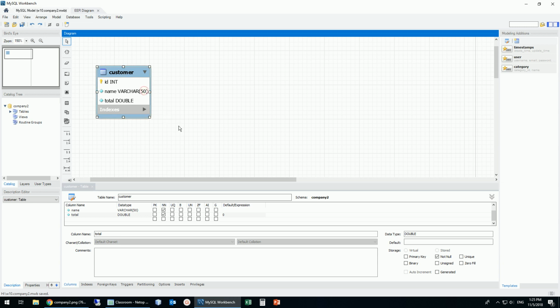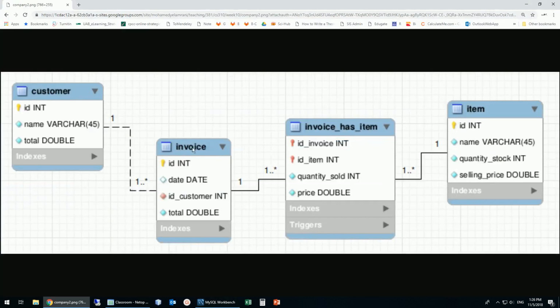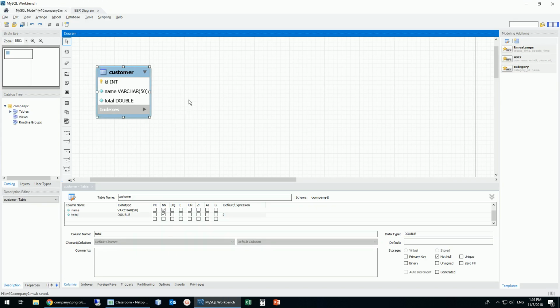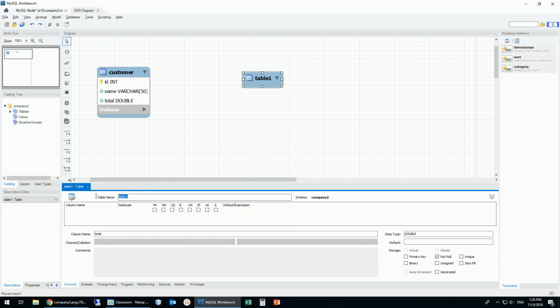And this is the customer. Now what I'd like to do is have the invoice, and let me put another table. Between the customer and that invoice there's a relationship. I'd like to show you how this works. Now the table is called invoice,